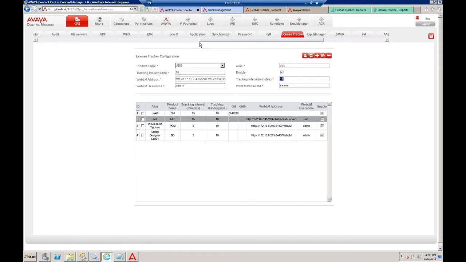A few words I want to stress, especially in regards to WebLM products. If you are familiar with earlier releases of ACCCM, we had several known issues in release 6.3 where some, not all, but some of the license types of the WebLM were not pre-configured in ACCCM. The way the license tracker works, it fetches the data from the WebLM itself, and then it searches for a specific database table within the ACCCM itself that would give it an indication what the possible license types